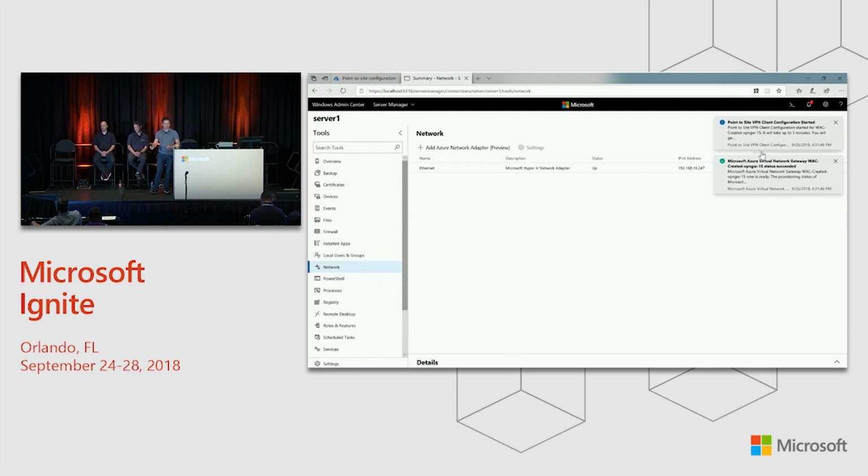Now it's going and configuring the client for you, because normally when you create a VPN connection, you have to go to Azure, download the client, install the client, take care of your certs, and then your connection comes up. This does that for you as well. So this takes about 2 or 3 minutes. After that's finished, you'll see then a new connection come up in the network panel here.